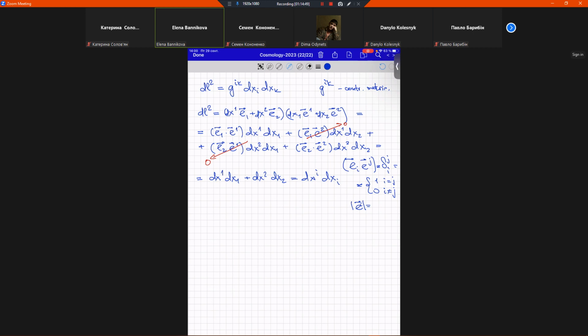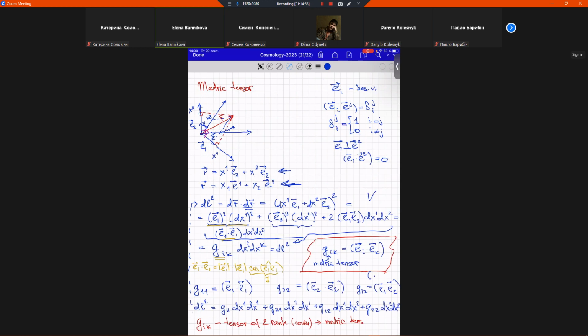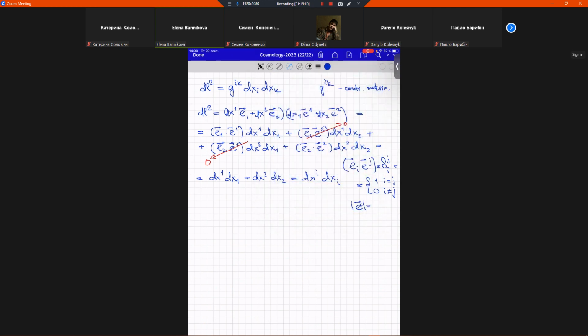Okay, if I now consider the previous result, this one, and I will rewrite it. So from one representation we obtained what we obtained just now. From another representation we found that dl squared equals